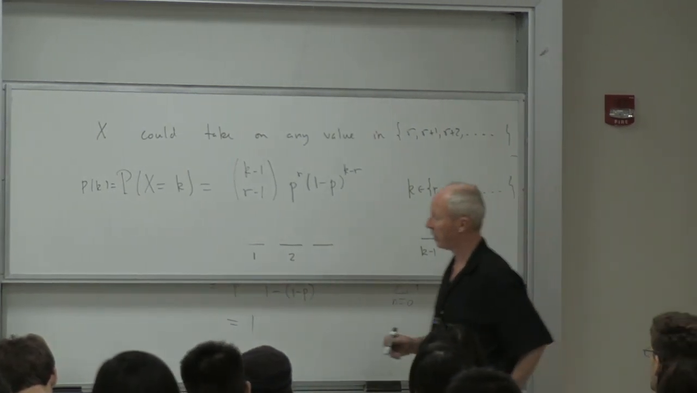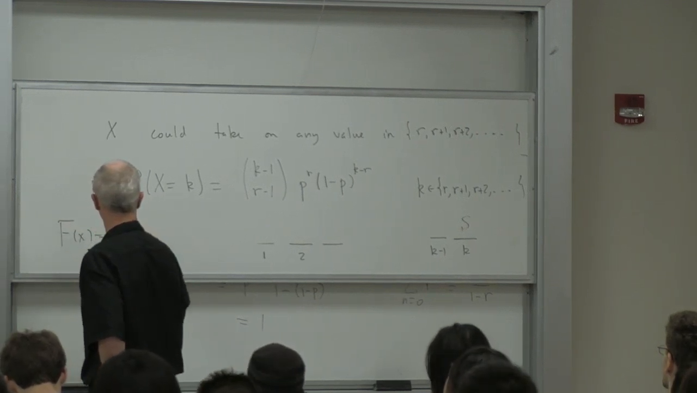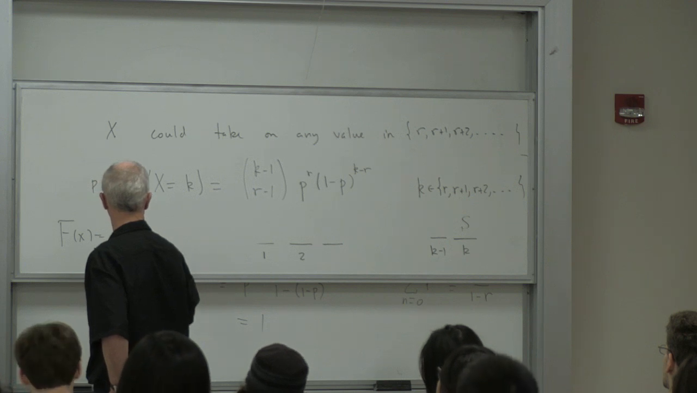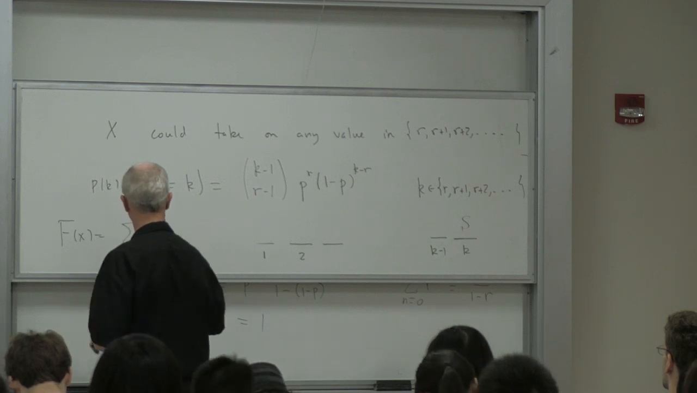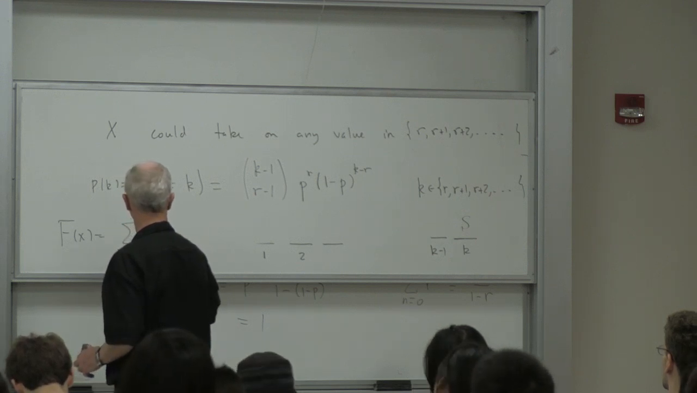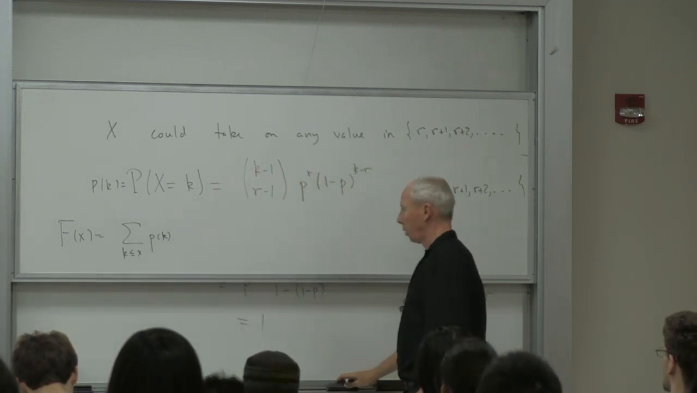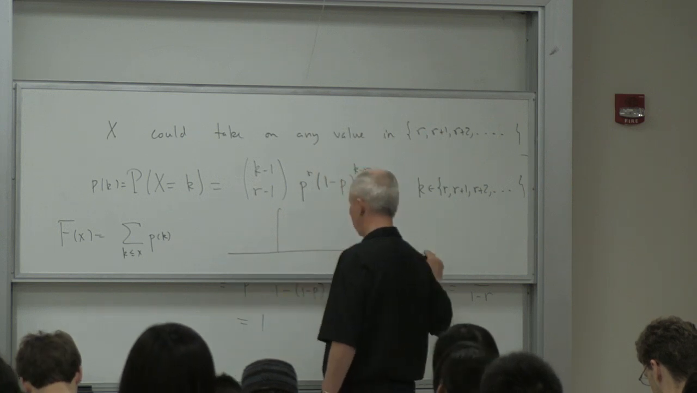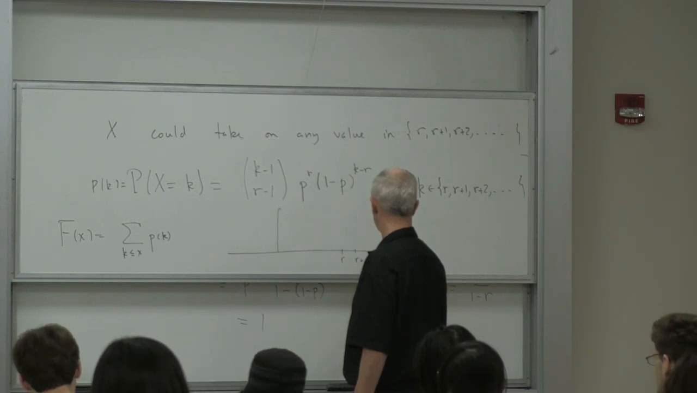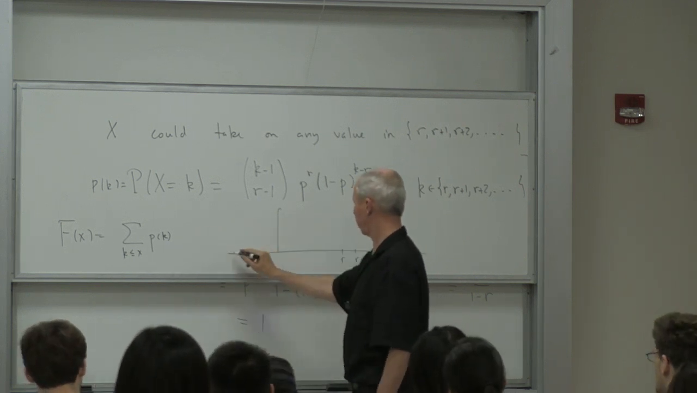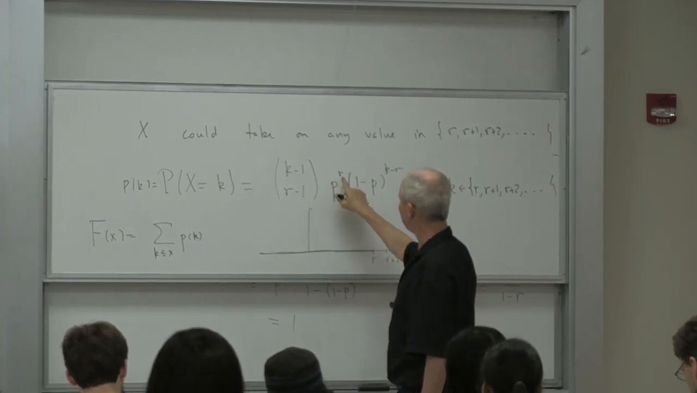And then the CDF would be, I'm sorry. And so this would look something like this. Here's R, R plus 1, R plus 2, etc. This CDF would be 0 until you get to R. And it has a jump of size, well,